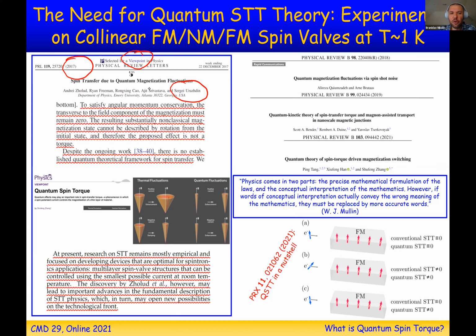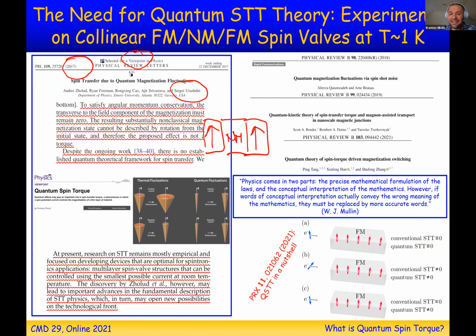And you could ask yourself why nobody did that before. Well, first of all, people usually consider these spintronic devices to be useful only when operated at room temperature, and they probably didn't want to bother with this cooling down. And he cooled down the spin valve to 1 Kelvin, and basically then he has one ferromagnetic layer with up magnetization, and then he has another ferromagnetic layer with also up magnetization, and in between is a normal metal layer.